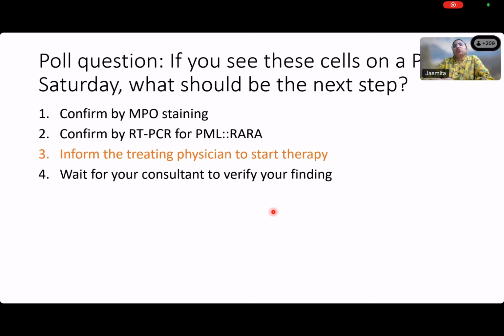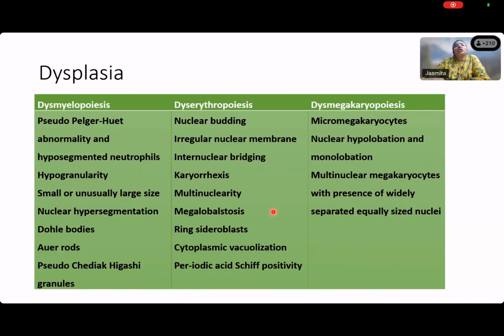You have to inform your treating physician to start therapy. Don't wait for MPO staining. Don't wait for your consultant to verify. If you've seen this, even on a Saturday evening, inform your treating physician that they should start the patient empirically on therapy. In addition to that, on the peripheral blood, you can also identify a lot of dysplastic findings